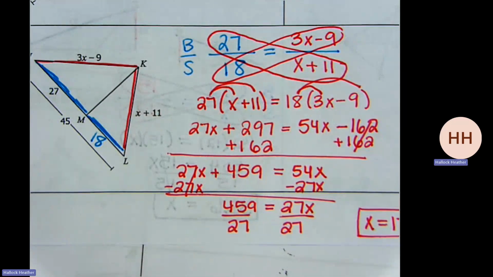So for all of these, you're looking at your 2 triangles that you have, and you're setting up a proportion. Big divided by small. There's like 8 different ways to set these up. So if you mess up, you might just mess it up and it might be correct because there's 8 different ways to set these up. If you want to set them up and then let me check them before you start going, that's totally cool. That's fine. I'm going to tell you which ones are decimals, just so that way you have a